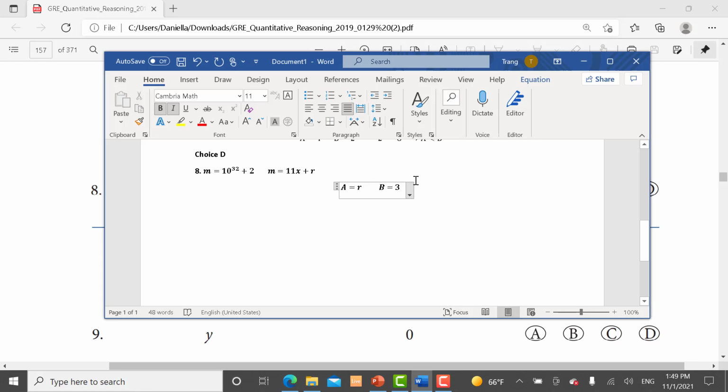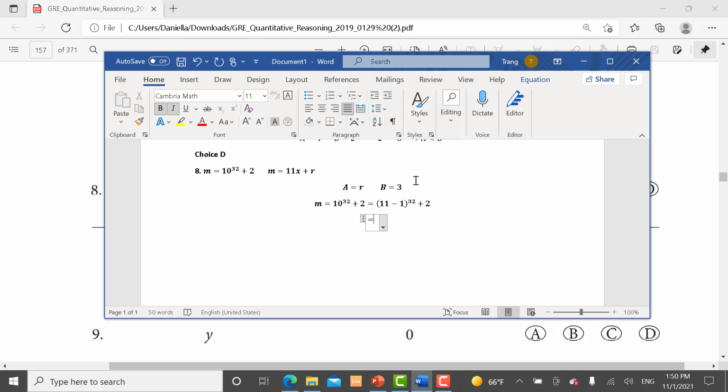Alright, so here I'm going to start with m is equal to 10 to the 32 plus 2. I want to make the factor 11 show up here. So I'm going to manipulate the number 10 to show 11. So the number 10 here is just 11 minus 1, to the 32, plus 2. See that? And then using